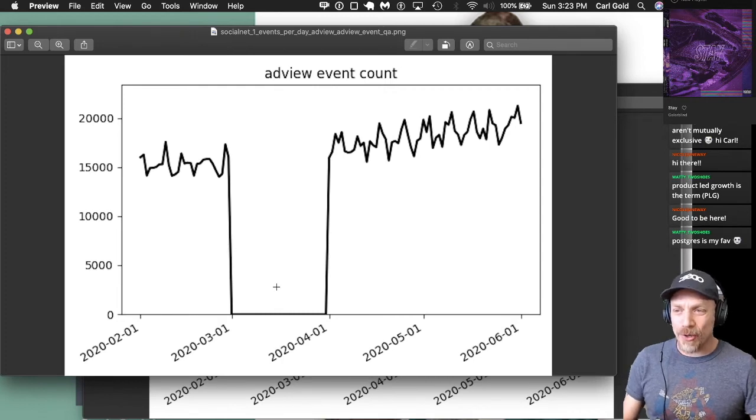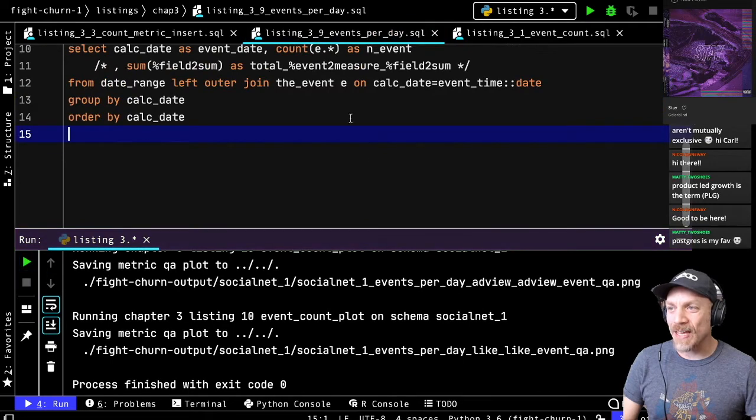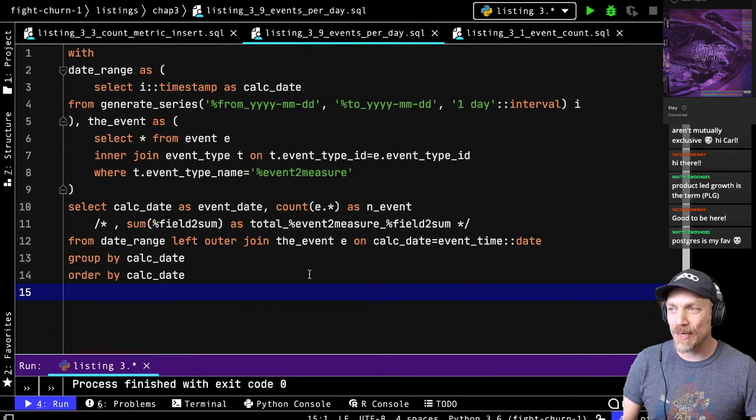But the earlier query that I was using, let's see, how am I going to get back to that one to show you the old? I don't actually have the old version anymore to show you. The earlier version was going straight from February to April and skipping the days with no events. Even in the old query, I was trying to show those days, but I wasn't doing the outer join correctly.